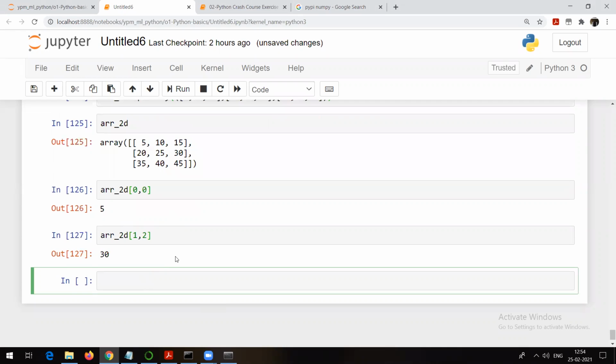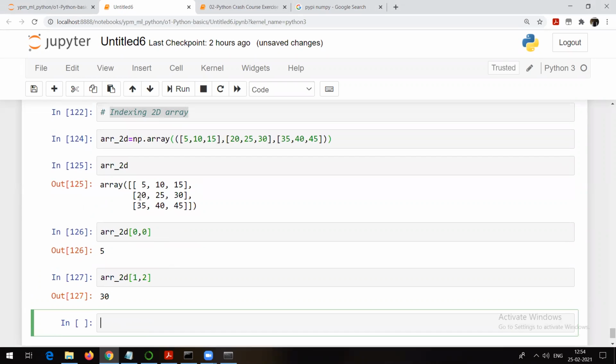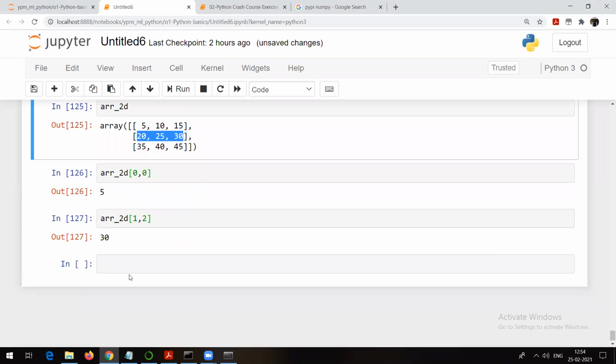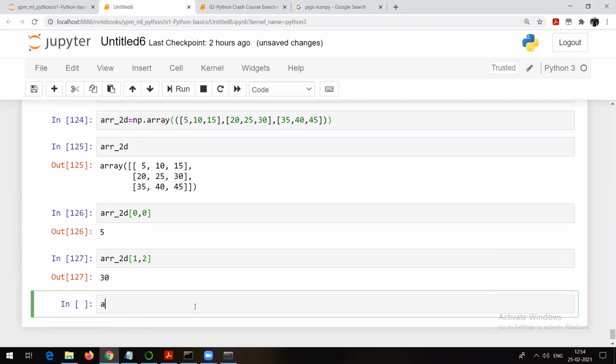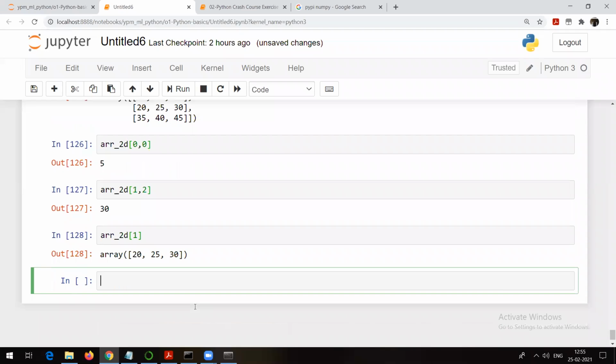Now the next question is, what if I want a complete row, 20, 25, 30? For that, I use ARR underscore 2D of the first row, and run it. Now see, 20, 25, 30. Another way to do the same thing is ARR underscore 2D of the first row, and all the columns.